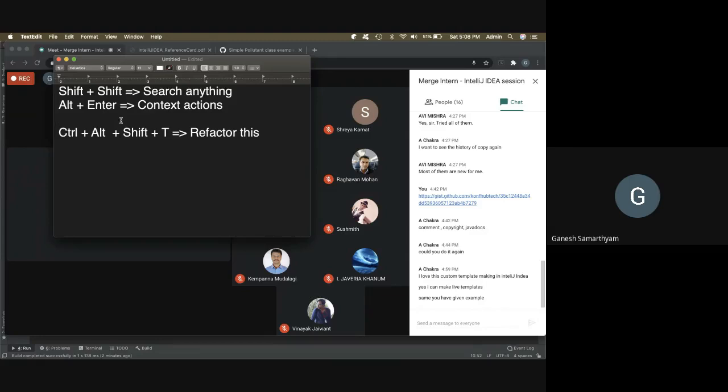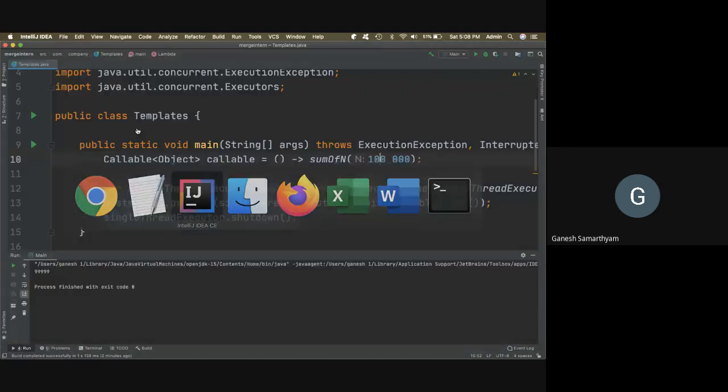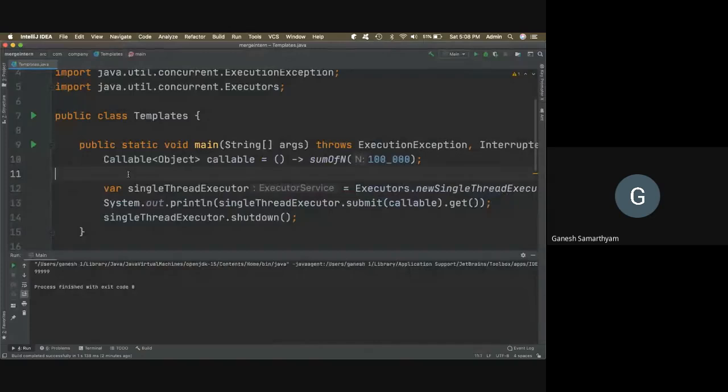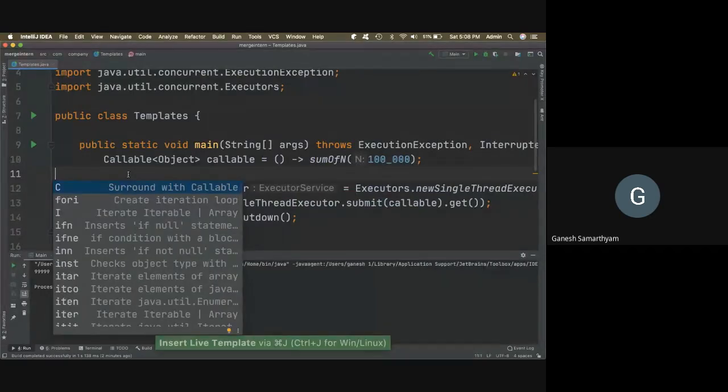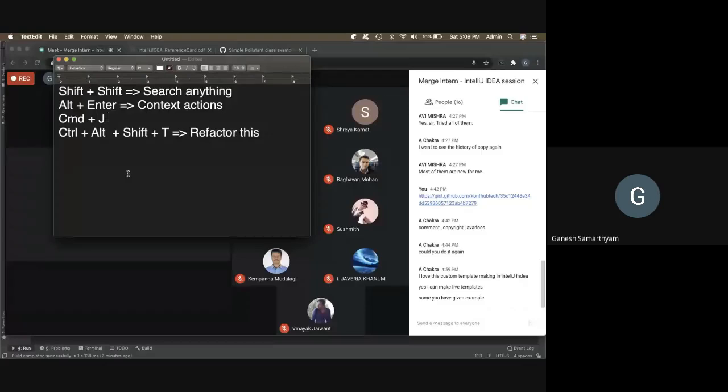Another very important shortcut to remember is Command plus J. And in Windows, let me actually get it for you. Command J, which is Control J for insert a live template. Okay.